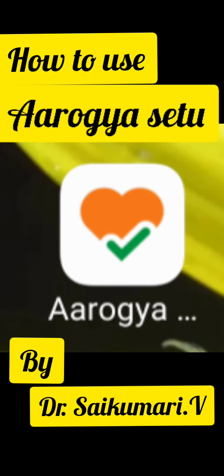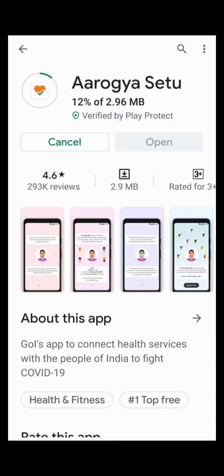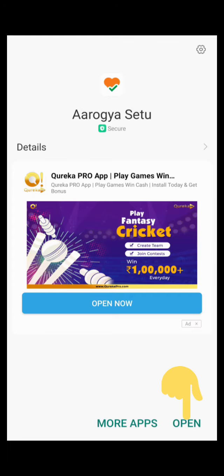Now let us learn how to use Arogya Setu app. Download the Arogya Setu app from Google Play Store for Android users or App Store for iOS users. I am using an Android mobile. Now click Open.